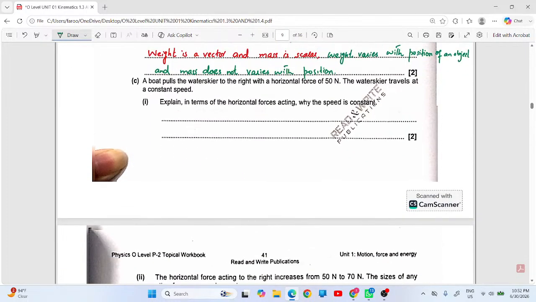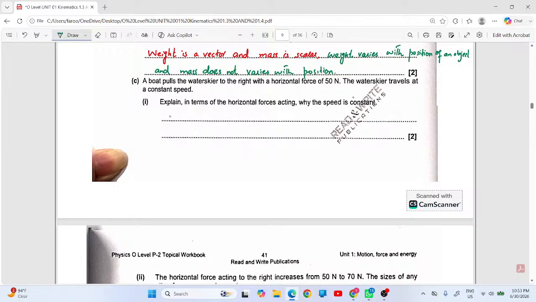A boat pulls a water skier to the right with a horizontal force of 50 Newton. The water skier travels at a constant speed. Explain in terms of the forces acting why the speed is constant. Here also the forward force and backward force become equal, so the net force becomes zero and it moves with a constant velocity. So we write: